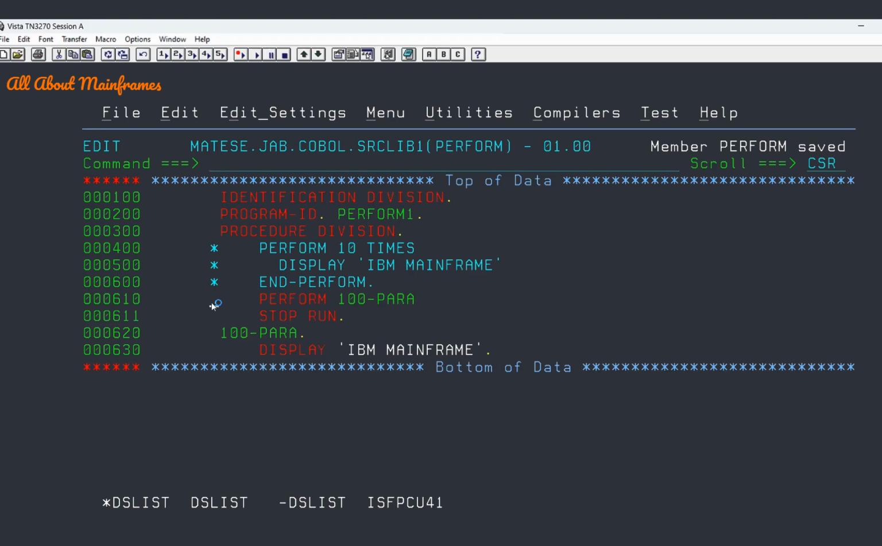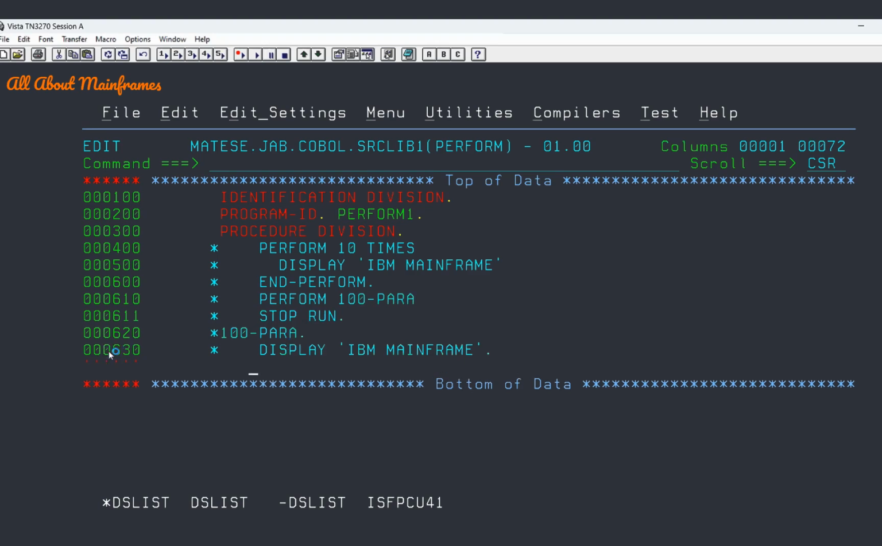Now these simple performs are done. Now let's do something called inline perform only will do. Perform until, it is very important. Perform until. Okay. Perform until